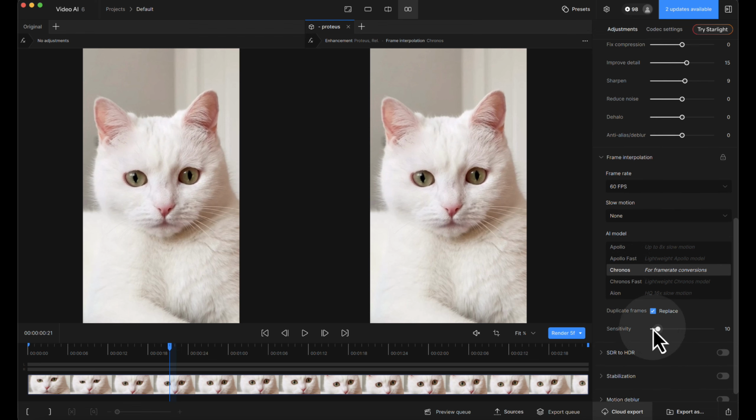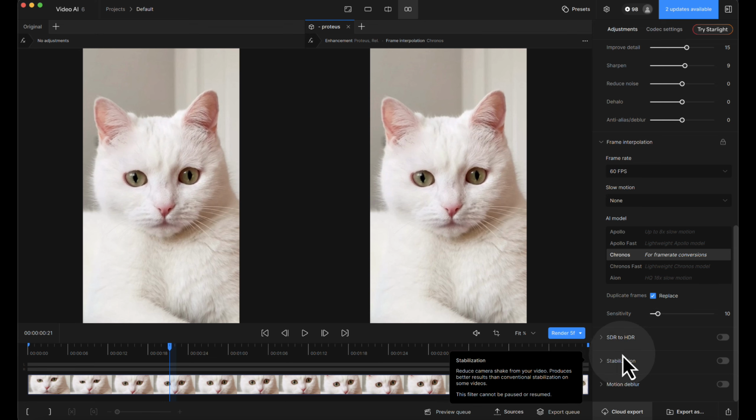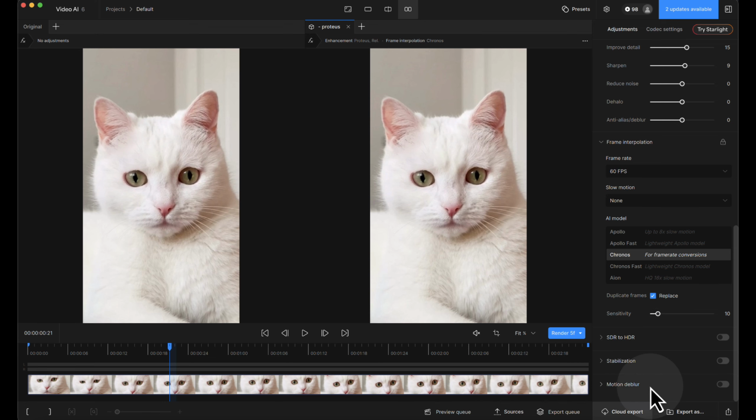So underneath here, for duplicate frames, we're just going to click replace. Sensitivity, I always leave at default personally. We've got it set to not convert to HDR, not interested in stabilization, and I don't want any motion deblur on it because it's fine. So all we have to do now is render out the complete clip,